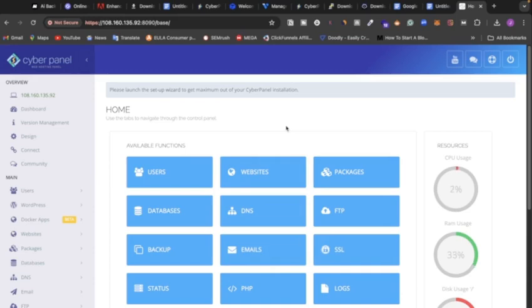In the next video, we're going to see domain mapping and how you'll be able to map your domain name with your server IP address. So that instead of visiting your CyberPanel or your website or customer marketing application with your IP address slash the directory where you installed it, you can actually use a domain name, because now we can't actually use a domain name. All right. In the next video, we're going to see